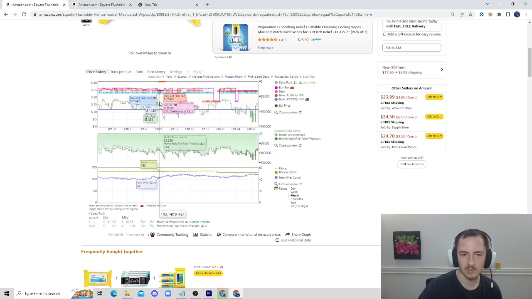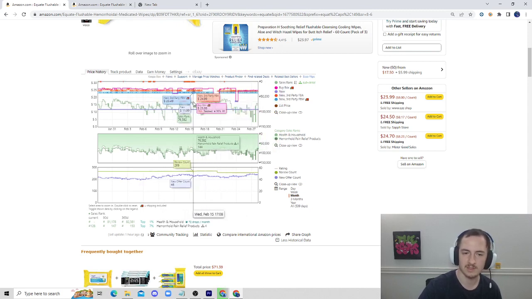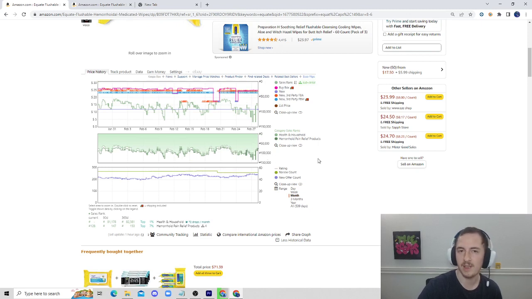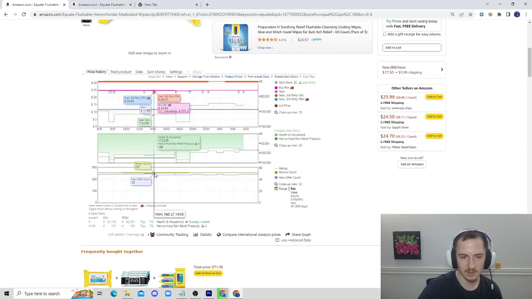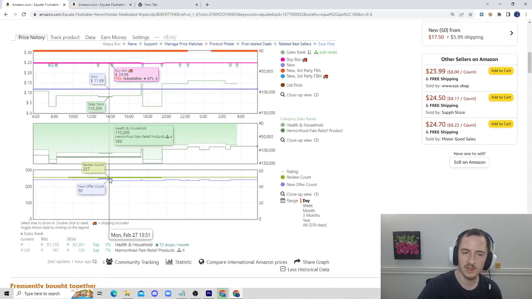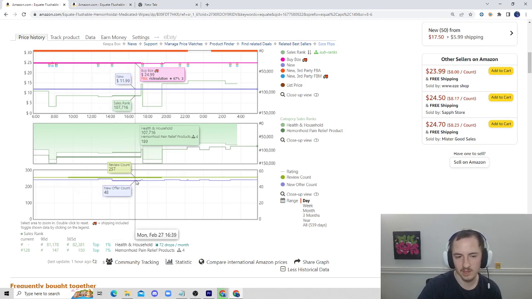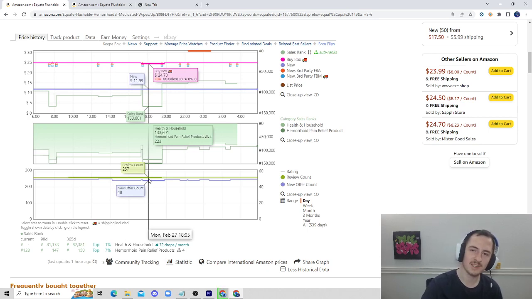So you can see how much this sales rank is actually fluctuating, which means a good bit of people are actually selling this item. Another thing that we didn't have access to in the free version of Keepa is the offer count. So you can see here the offer count is fluctuating, but that's good to see, right? So if we zoom in, so let's go into the week view, you can see there's people on this listing that are selling out, because if we really zoom in a little bit more, you can see how the offer count, before it was 50 and now it's 48, and then another person hopped on, 49, and dropped again. That means people are hopping on this listing and then they're selling out because they're hopping off the listing,